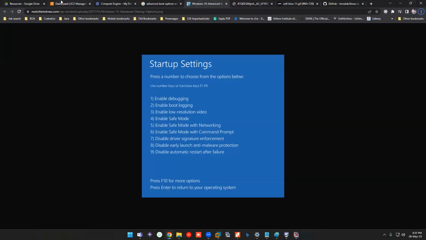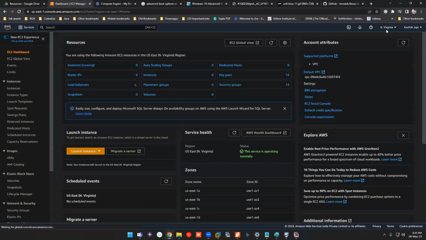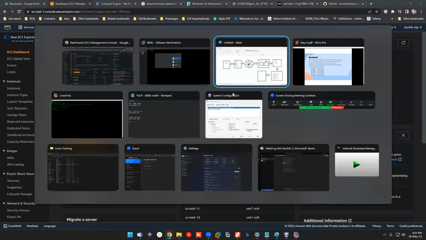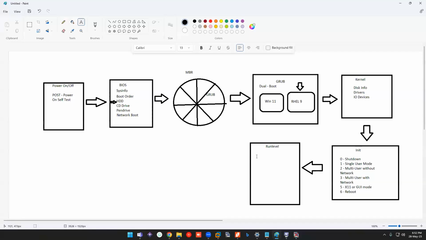Whereas in AWS, you don't have control over the data center. Obviously you can change the data center, but you don't know where it is located, how many servers are in that data center, or how many racks there are. You don't know the exact location, so you won't have access to the console either. You only make a remote connection to any one of the cloud service providers like AWS or GCP. Okay, so run level, load or execute.